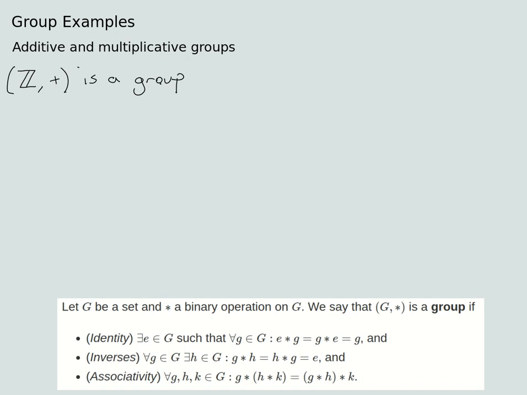Okay, so if we want to check that, we need to just check each of these three axioms in turn. So the first axiom is the identity, ID for short, and that says there should be an element, lowercase e, called the identity element, such that e star g and g star e are equal to g no matter what g is. So for us, we're looking for an integer such that when you add it to any other integer, you don't change that integer. Well, luckily for us, there is an integer with that property, namely 0. So 0 is the identity,